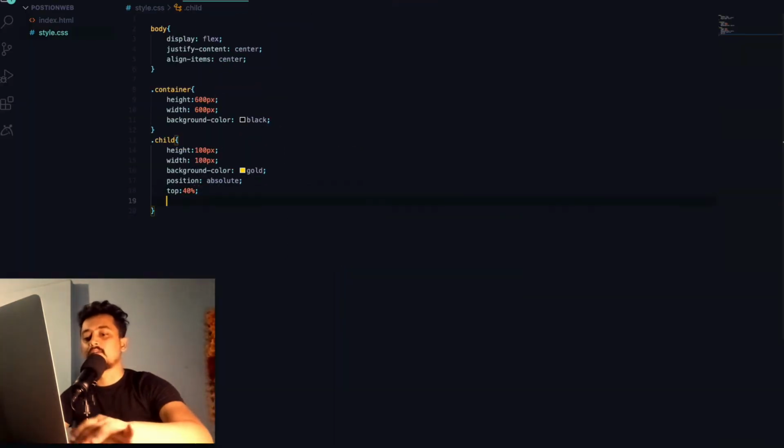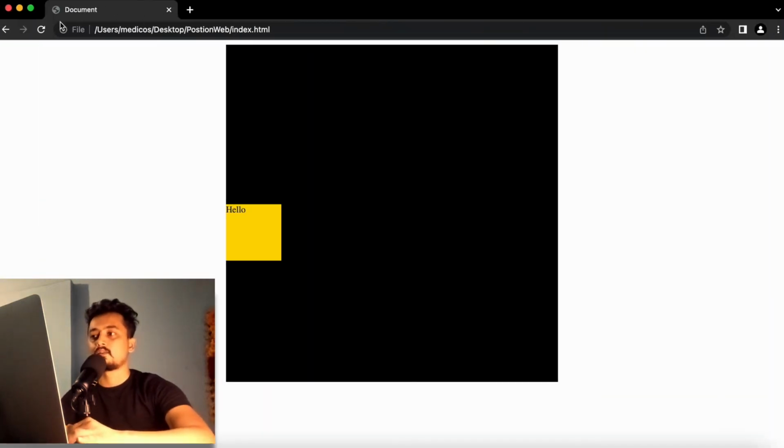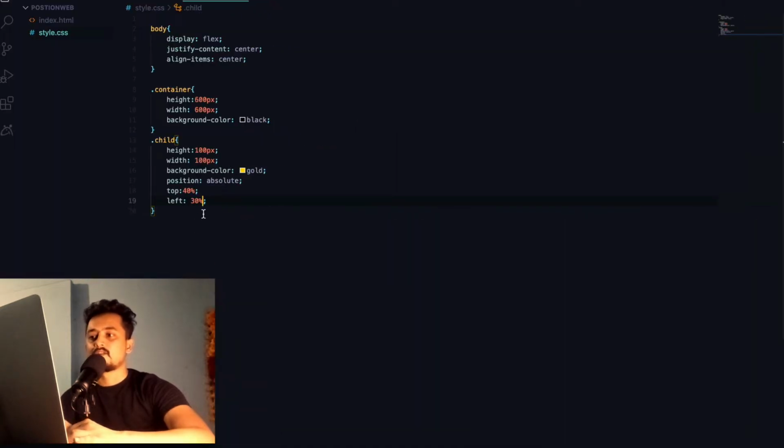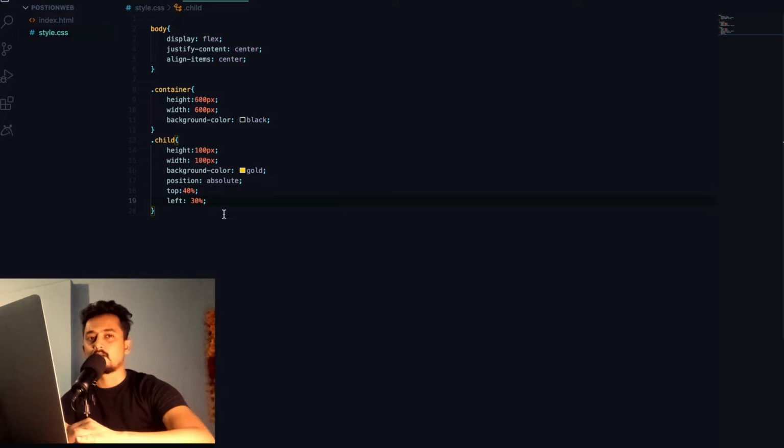Similarly, I can give left 30%, and it will be 30% from the left, right? Okay, so the 30% from the left is not actually working. Let me tell you the reason behind it. If you can see here, if I just say